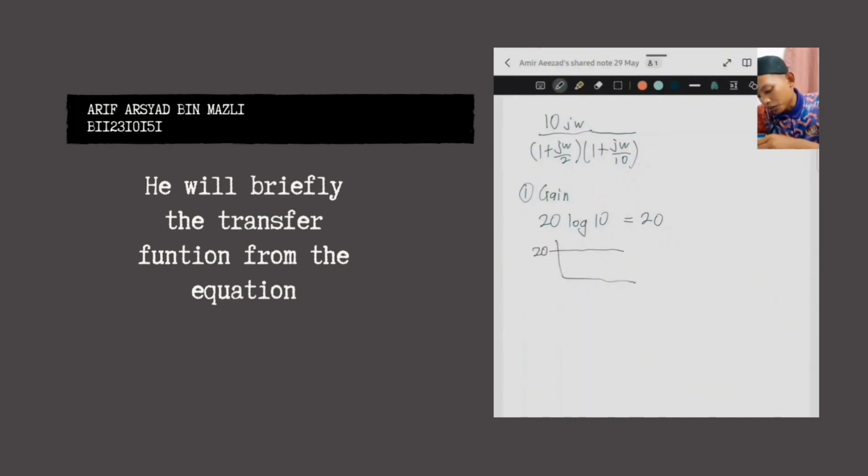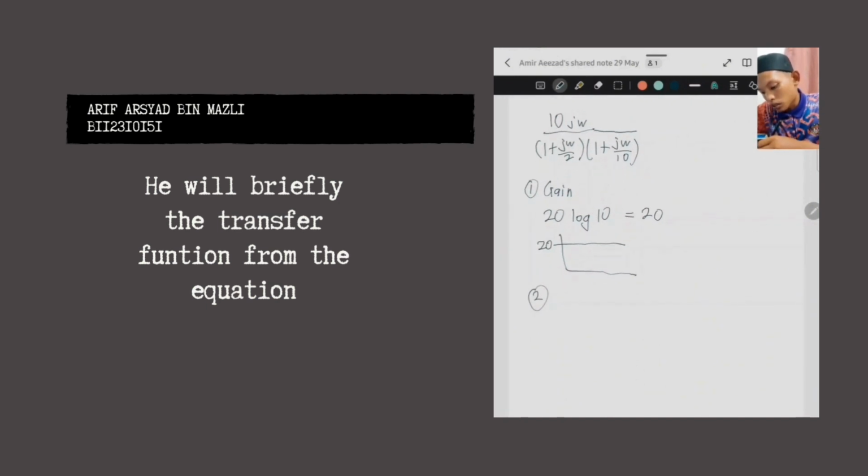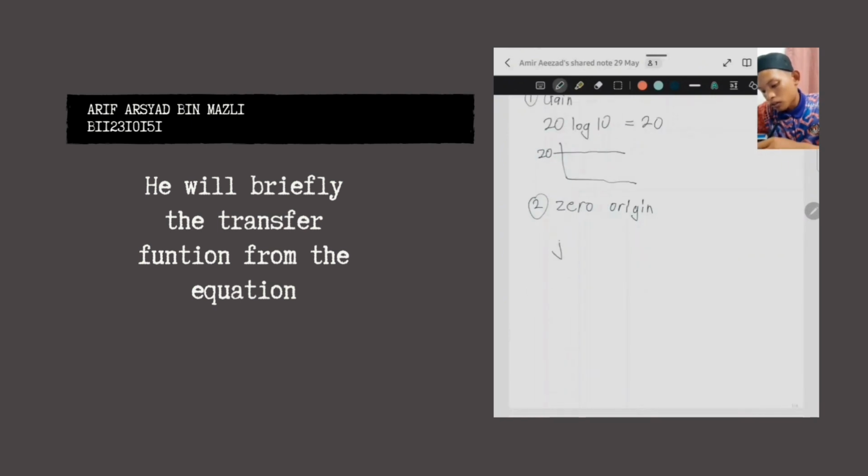Step 2. Step 2, show jω. jω means zero at origin. The graph will show